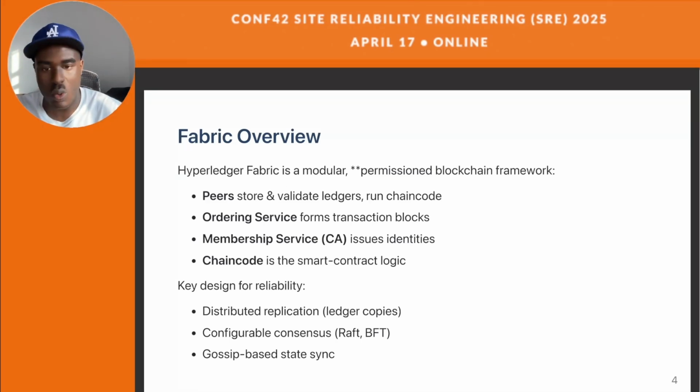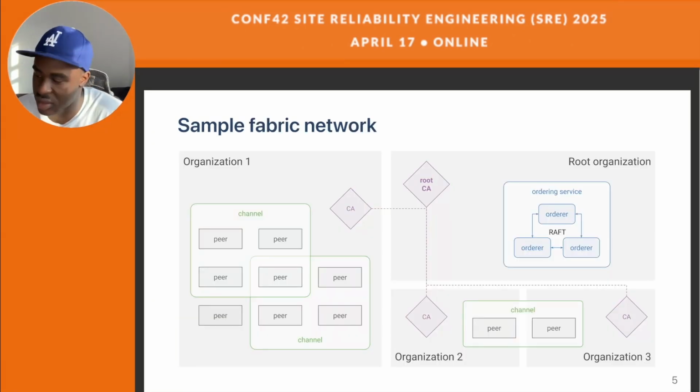We're going to talk about how to prevent data loss and catastrophic failures in a system like this. The way Fabric is designed for reliability, it's a distributed system where each and every node does replication. It contains a consensus of variables that you can run: Raft, BFT, and Kafka, which is also deprecated. The way this system syncs is through the gossip protocol. Here is an example diagram of a